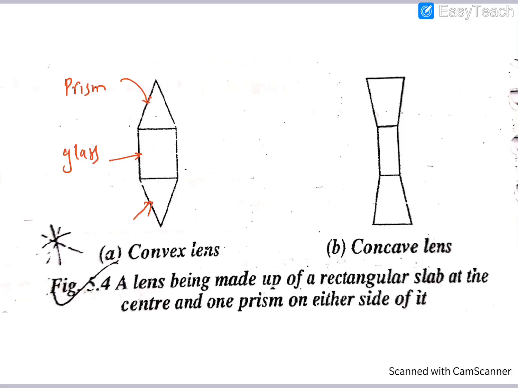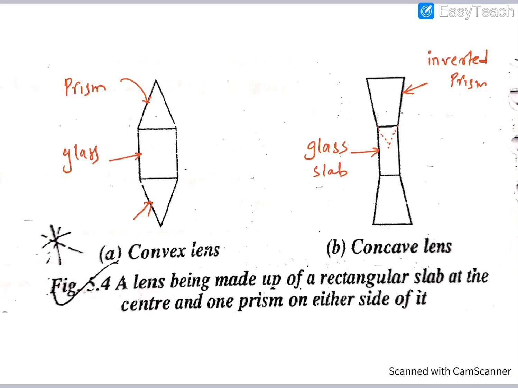Same way, if you look at a concave, it's a similar thing only. So you see in the middle we've got what? A glass slab here also. Rectangular glass slab. But if you look at the ends, we have got prism. But what kind of prism are they? They are inverted prism. Okay, they are inverted prism. So you can see in fact they are not even complete prism. Some part of the prism is cut and then you put it over there. More like a trapezium actually.